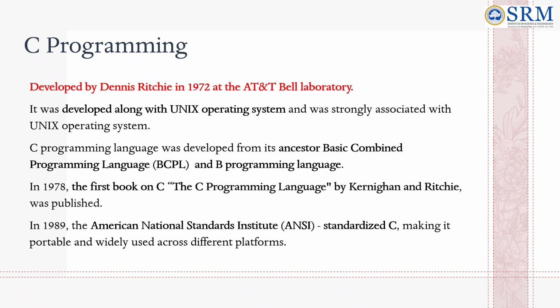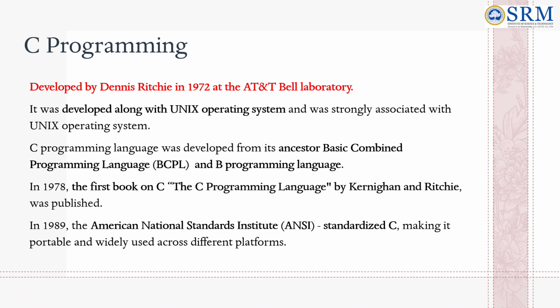C programming language was first developed by Dennis Ritchie in 1972 at the AT&T Bell Laboratory. It was developed along with the Unix operating system and it has a close relationship with Unix. The C programming language was developed from its ancestors called Basic Combined Programming Language, also called BCPL, and